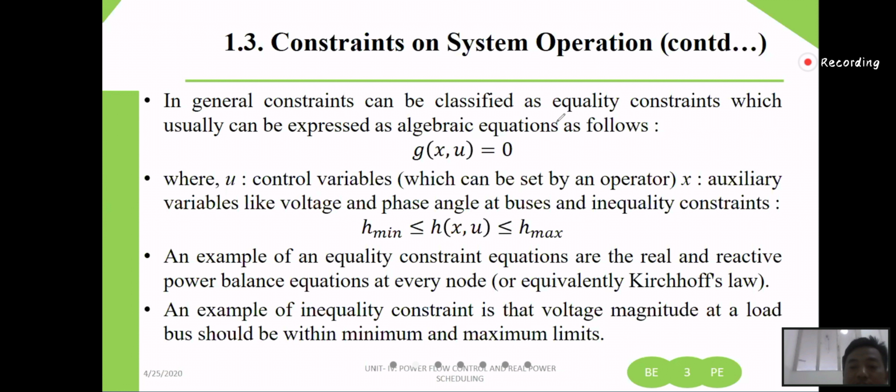So an equality constraint will express that g(x, u) equals 0, where u is a control variable. There are control variables which can be set by the operator, and x is some auxiliary variable like voltage and phase angle. And then an inequality constraint can be expressed by this equation, and in an inequality constraint there will